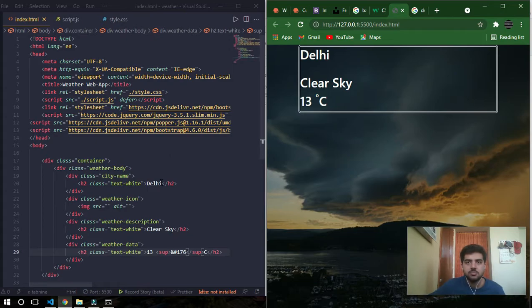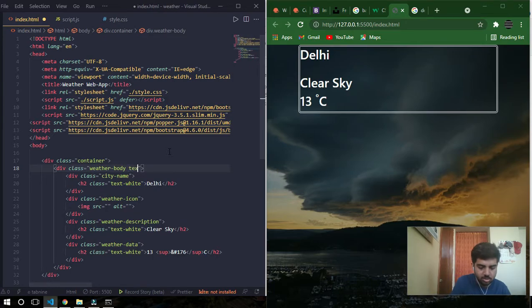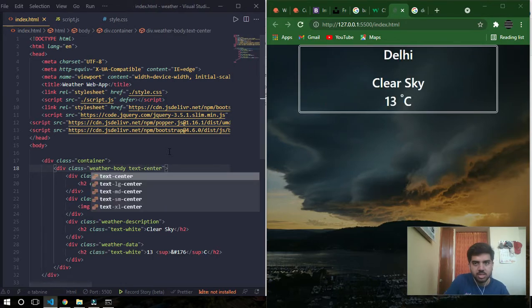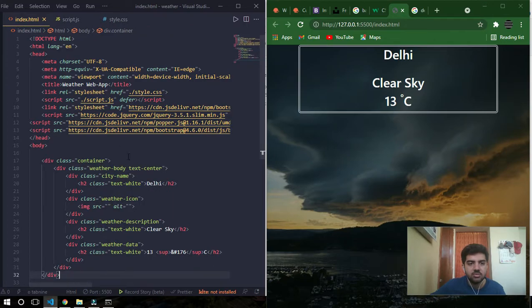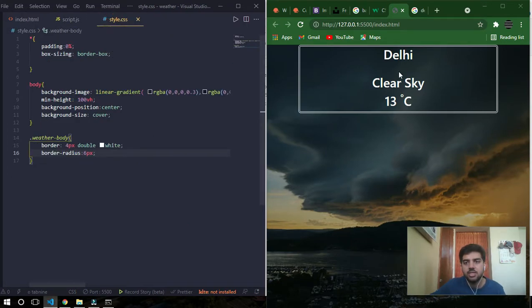So weather body, text center. So next, for this container, because I don't need this huge width, I'll just set the width to 50%.